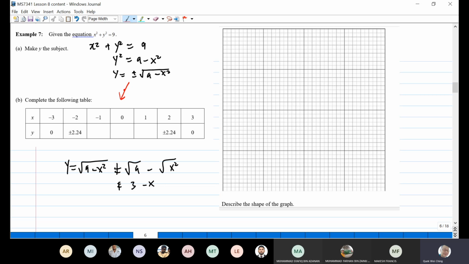So make a table. So try to figure out what is the value of y when x equal to minus 1, because the rest are given to you already. So when x equal to minus 1,